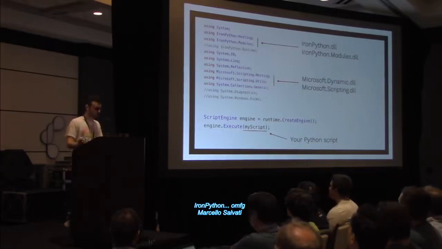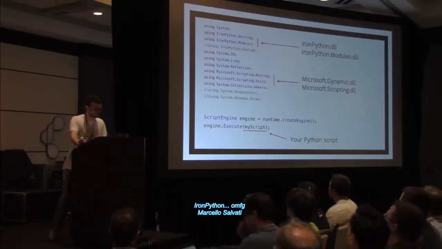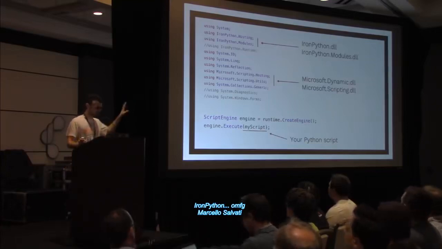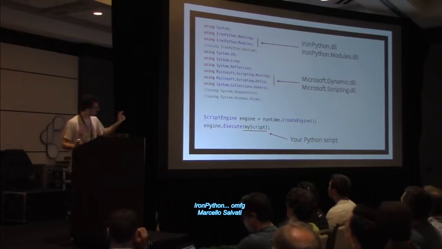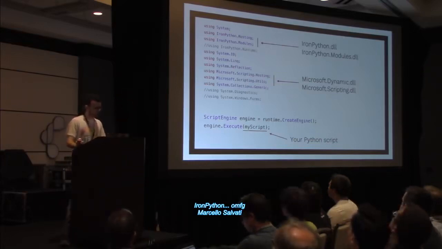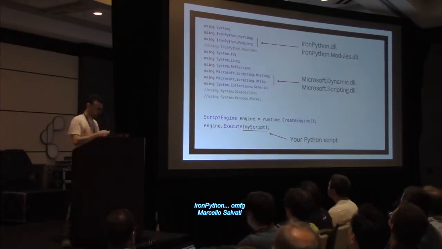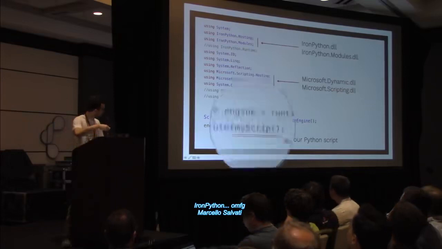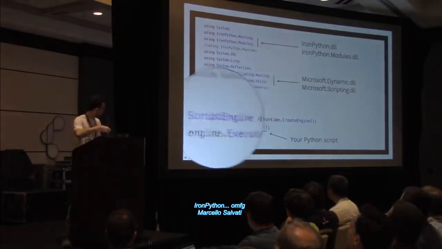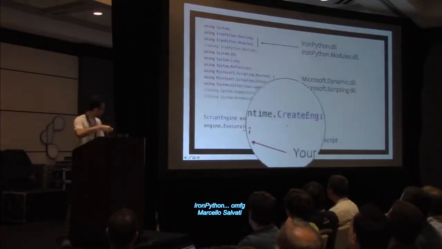So apparently, all you really need to do is reference the IronPython assemblies, which are provided by IronPython.dll, IronPython.Modules.dll, and Microsoft.Dynamic and Microsoft.Scripting. The last two are signed by Microsoft. The first two are not. But all you really need to do is reference these four assemblies. And I'm going to try something fancy here that I've never tried before. Let's see if this works. Hey, look at that. ScriptEngine,